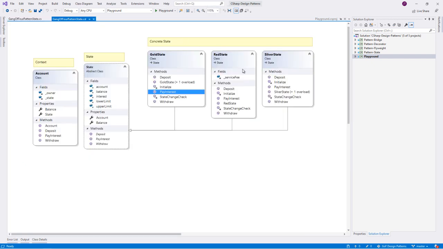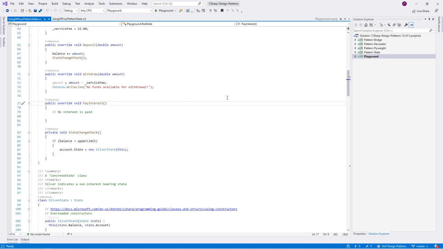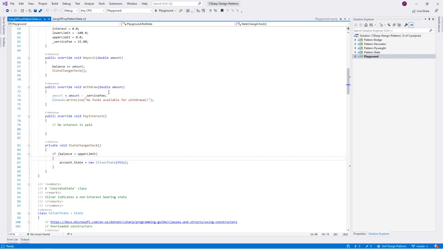Okay, same likewise what we have here in the red state. And by the way, actually the code is pretty much the same, and it only differs from the business logic behind it. If you can see the state change here is different from the previous one. Other than those things, of course it is common for deposit you have to add it up, but in the